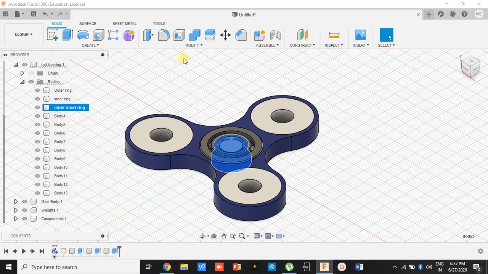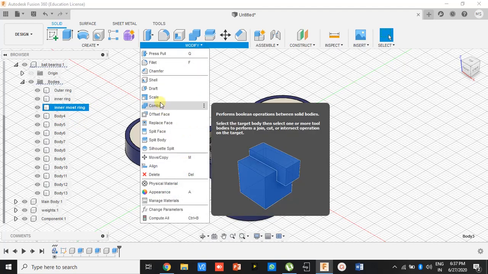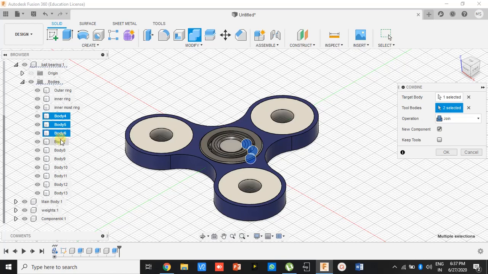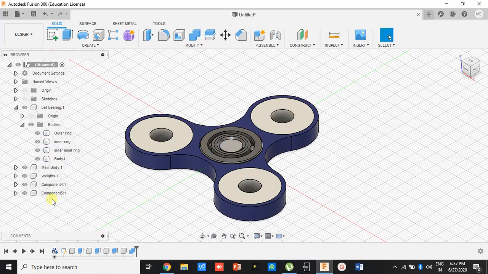And click on modify, go to the combine, and select the body 4 as targeted body, and select the body 5 to body 13 as tool bodies. And make sure the new component is ticked and click on OK, and name the body 4 as shaft, and name the body 5 as balls.